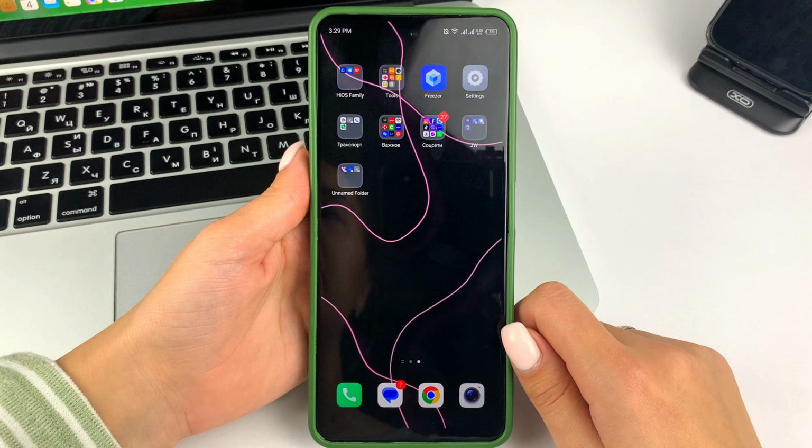Let's get on with this topic, friends. And if you have such a situation that, let's say, you like to use Google Photo app more than the galleries on your device, and you'd like to set this app as the default gallery, it's very easy to do. I'm going to show you such a universal method that I think will work on absolutely all Android devices.